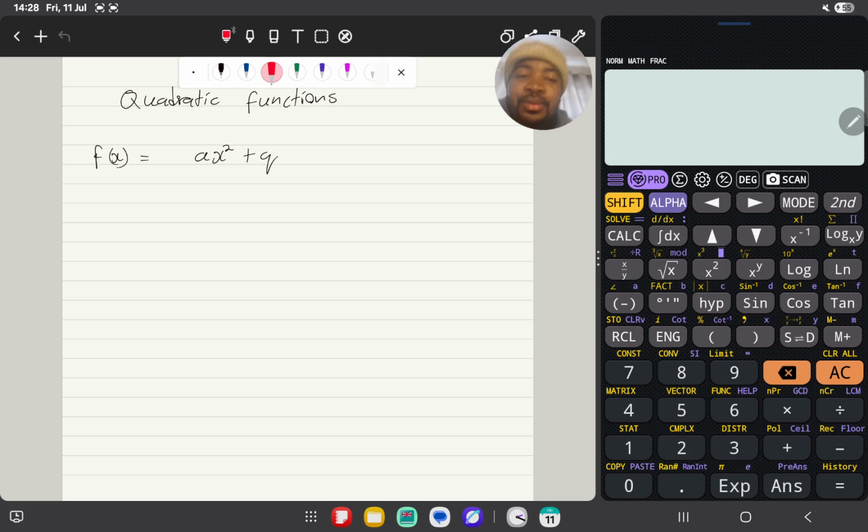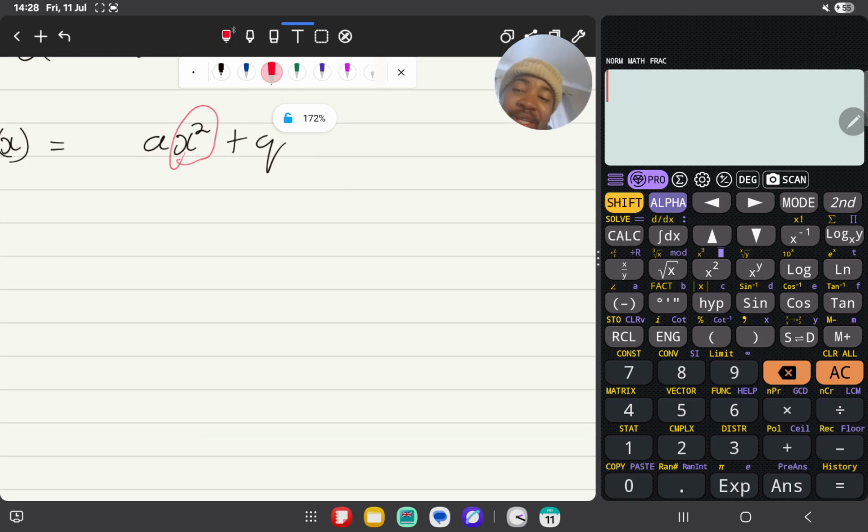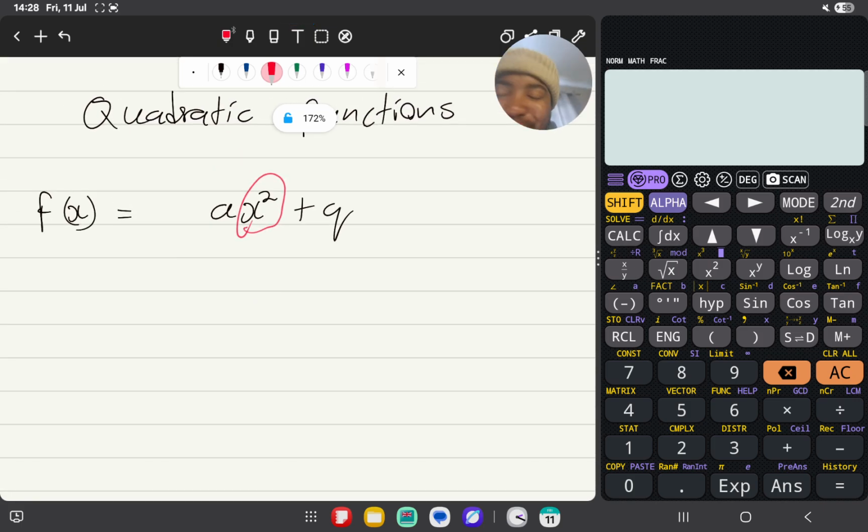Cool. So quadratic equations now. You will see them with this, right? Anything with an x squared, where exponent 2 is the highest power, becomes a quadratic, right? Even if you have it in the form of ax squared plus bx plus c, it still qualifies to be called a quadratic function,